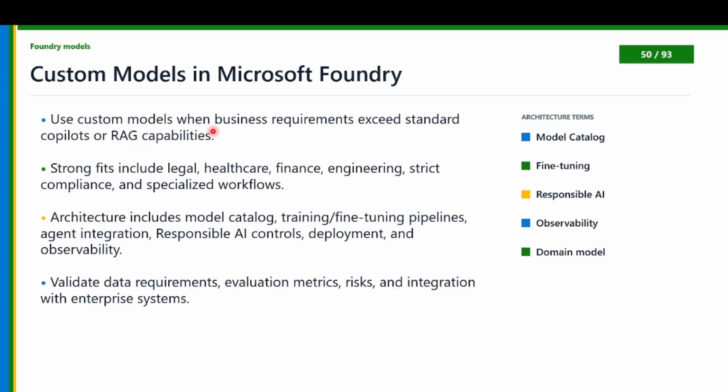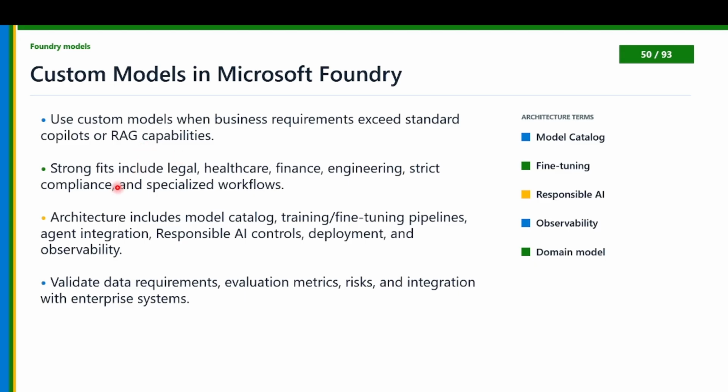Use custom model when business requirements exceed standard Copilot or RAG capabilities. We've talked about this many times. So start with Microsoft 365. Then when it's complex, go to Copilot Studio. If the custom model cannot be deployed or built in Copilot Studio, then you should come to Foundry. So when you need a complex custom model with RAG capability, or a RAG agent, then you should